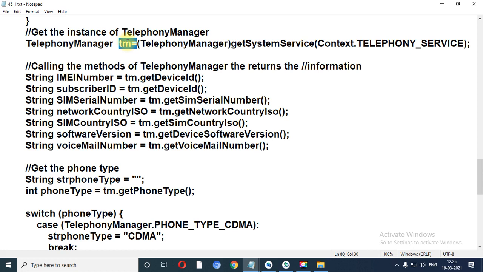Manager is responsible to manage the resources related with the network. So there are lots of managers. Notification manager is also there, which we have already completed in our previous video, right? Each manager is responsible to assign specific tasks, and each manager provides specific services which are related with that particular manager. Now with the object of telephony manager,